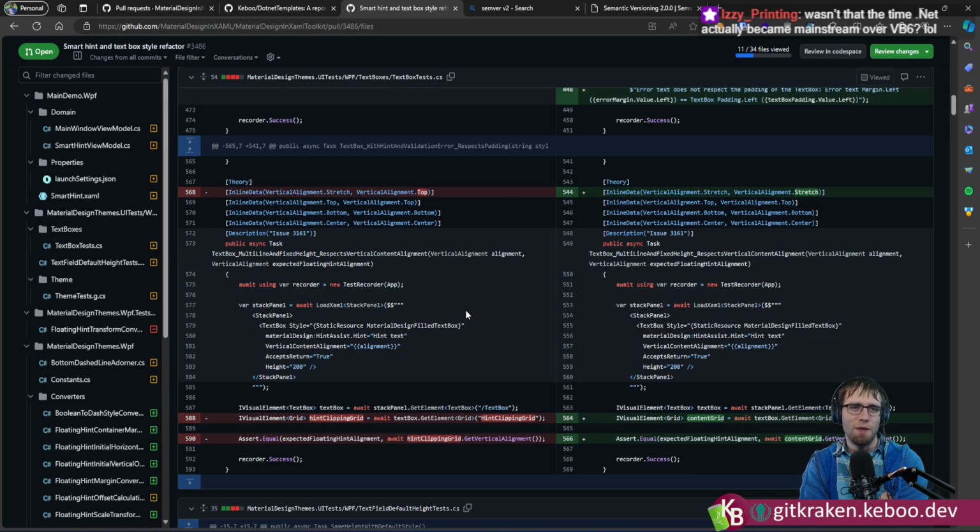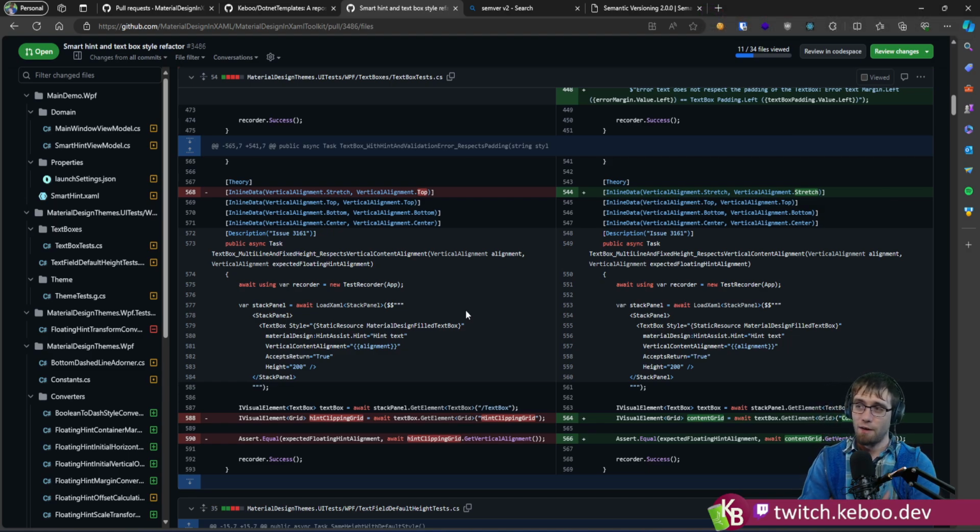Wasn't that the time .NET became mainstream over VB6? I don't know. When I first touched .NET, technically my very first real programming language, because I don't count my little basic stuff as real, was VB.NET. And that was using Visual Studio 2003. And that was kind of my first